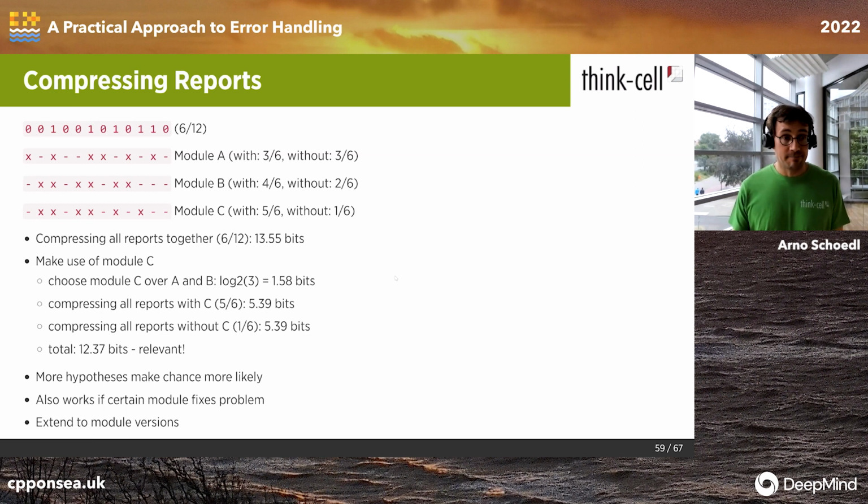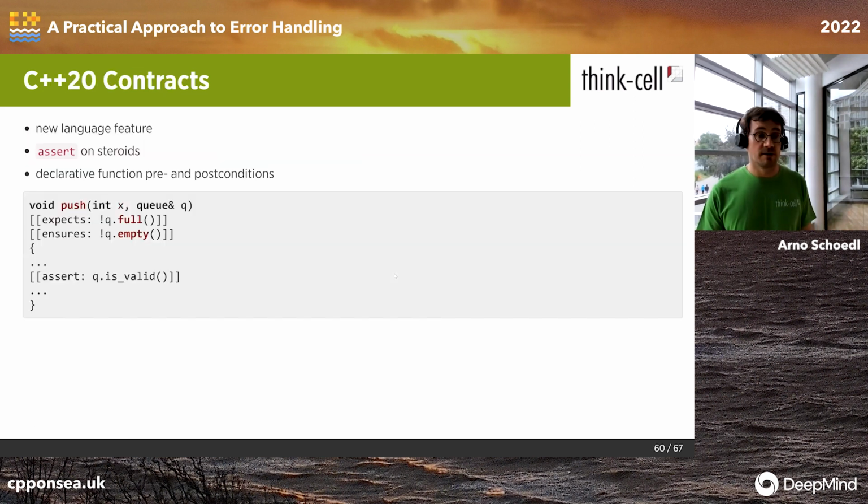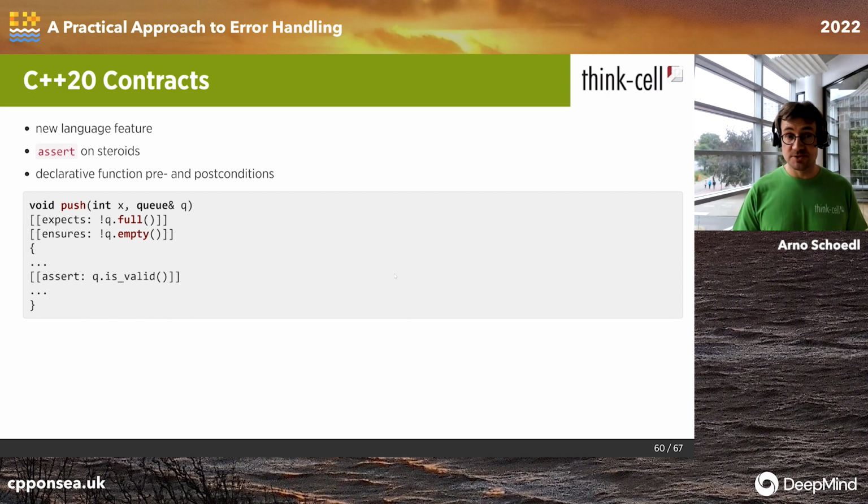Okay. There's one thing I want to talk about briefly at the end of the talk, which is the C++20 contracts. They are a new language feature that was supposed to be introduced in C++20. It's kind of like an assert on steroids. You can declare function pre and post conditions declaratively. So expects is the precondition, ensures is the postcondition, and then there's assert, which serves as a regular assertion. Just slightly different syntax, and it stands out more as having